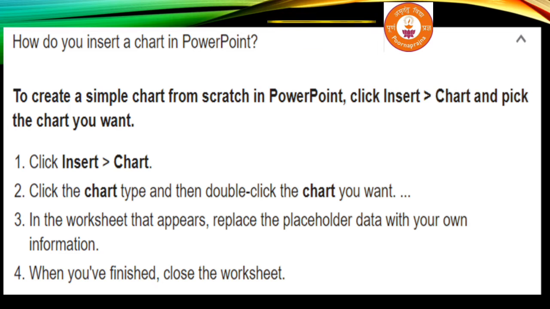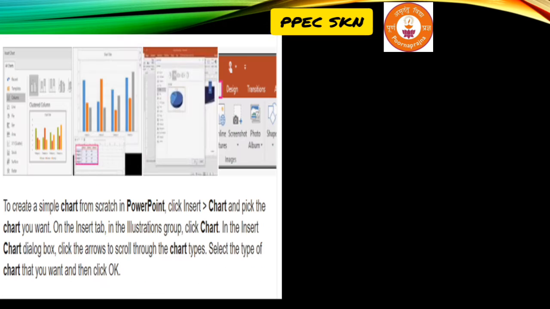Depending on your PowerPoint version, the chart options will change a little bit, not much. So double click and select which chart you want. Once you select the chart, click the OK button. Then that particular chart will come to your slide. We'll see it in detail.